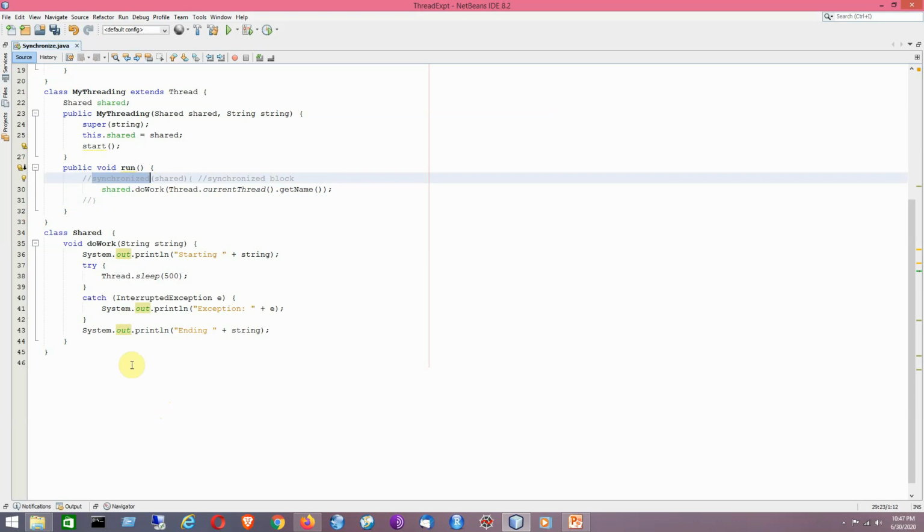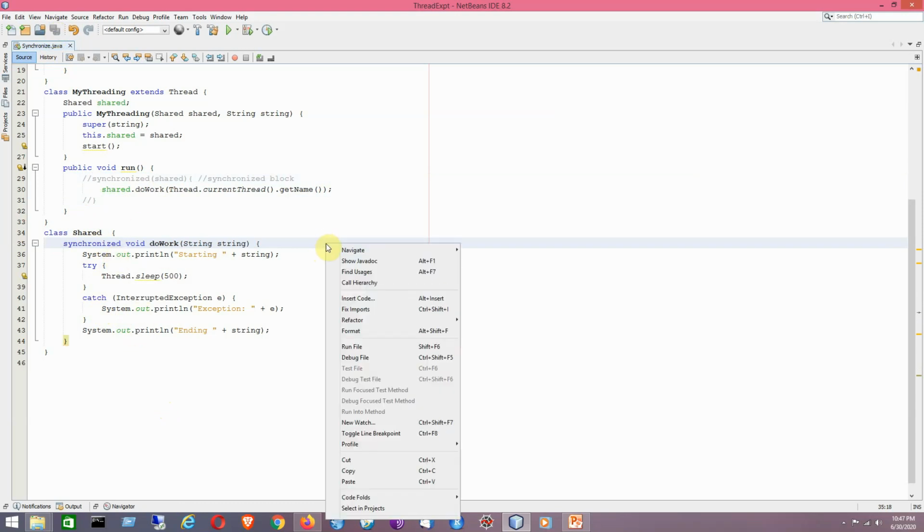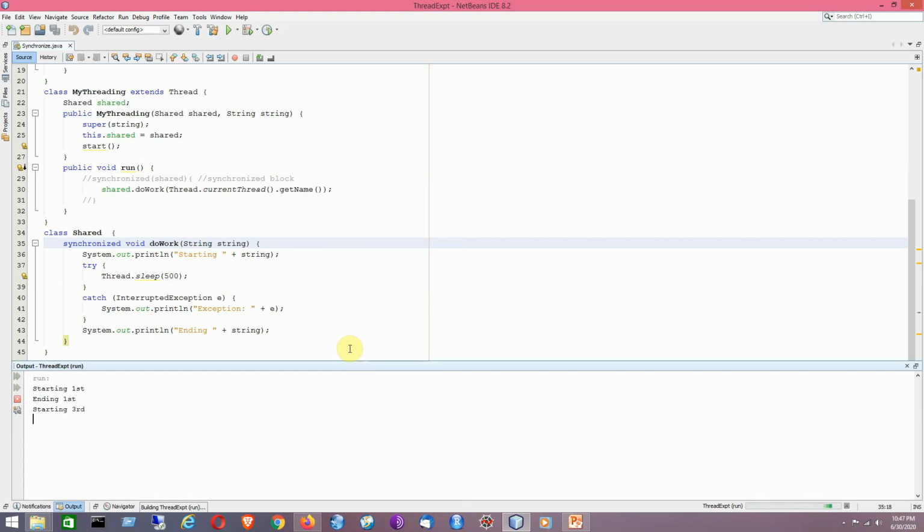Basically it is the method. Now I am using here a synchronized method. It still ensures mutual exclusion.